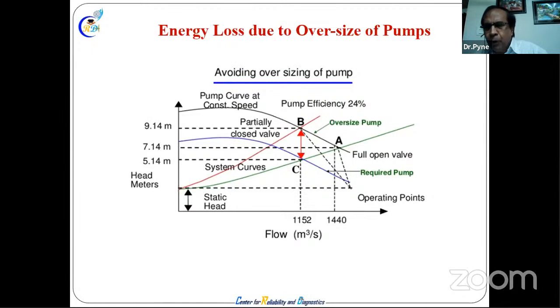Total energy also will be more. You are pumping less. There is no water, but the pump is running, and it is like a heater working. So avoiding oversizing of pumps, that we have told, oversize that we have already discussed in the 500 cubic meter and 300 cubic meter previous example. Here we should not take an oversized pump. That is the idea I already explained previously.